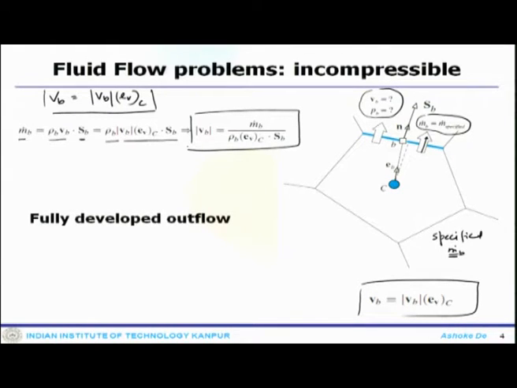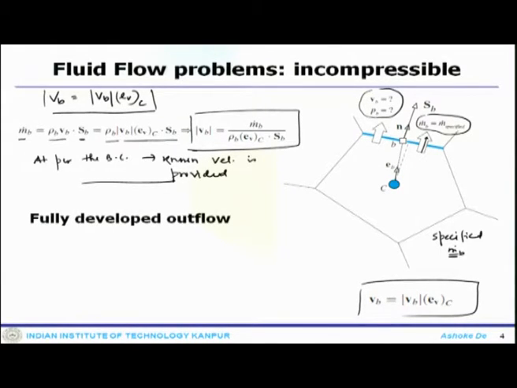So, once you get this, even in this case you have a mass flow rate which is specified, you can get back your velocity in terms of that mass flow rate, and once you get this velocity, the coefficients will be at par with the boundary condition where known velocity is provided. So, now the rest of the calculation would be similar to where we have specified a velocity.